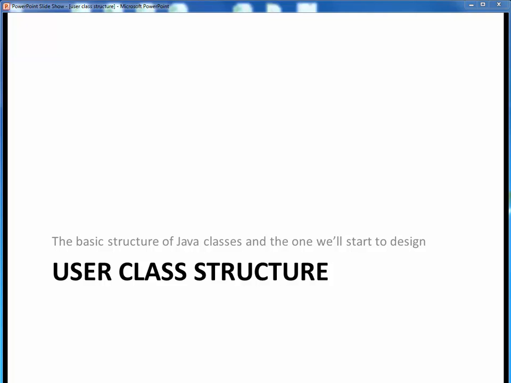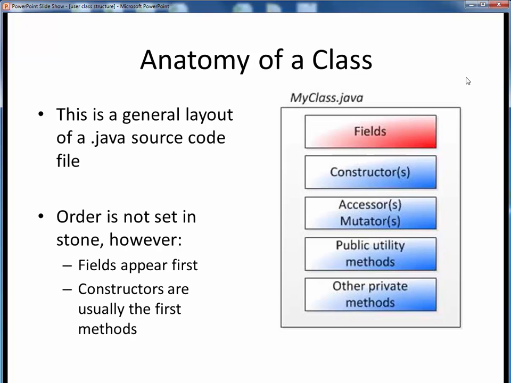In this video lecture, we're going to start taking a look at the details and basic structure of Java classes, including the one we're going to start to design in stages. Okay, let's get started. Once again, even though we've already seen this structure, this is the fairly general layout and